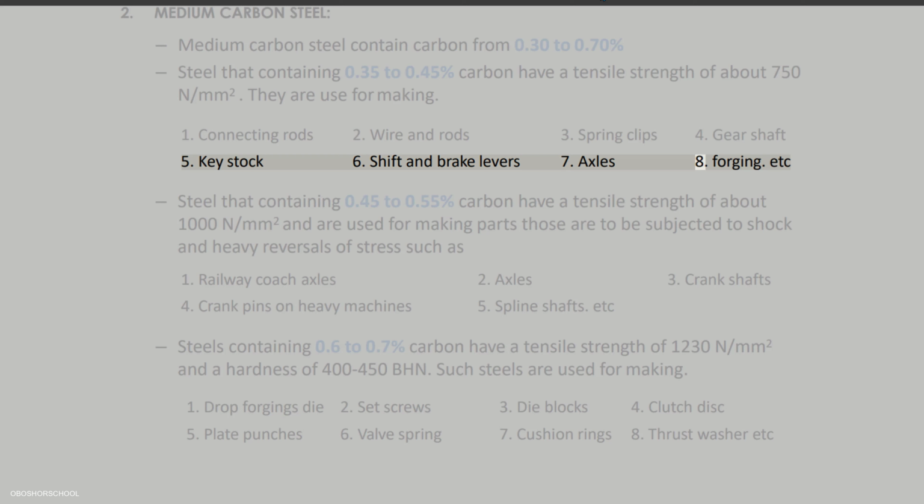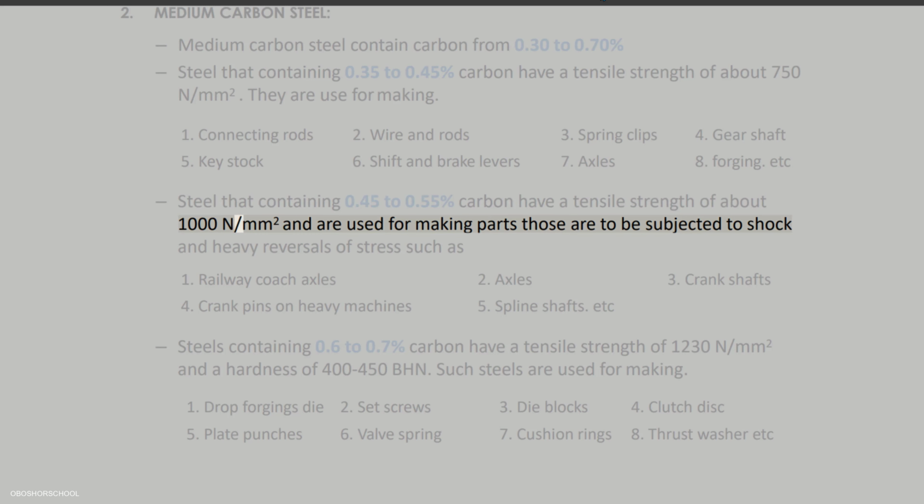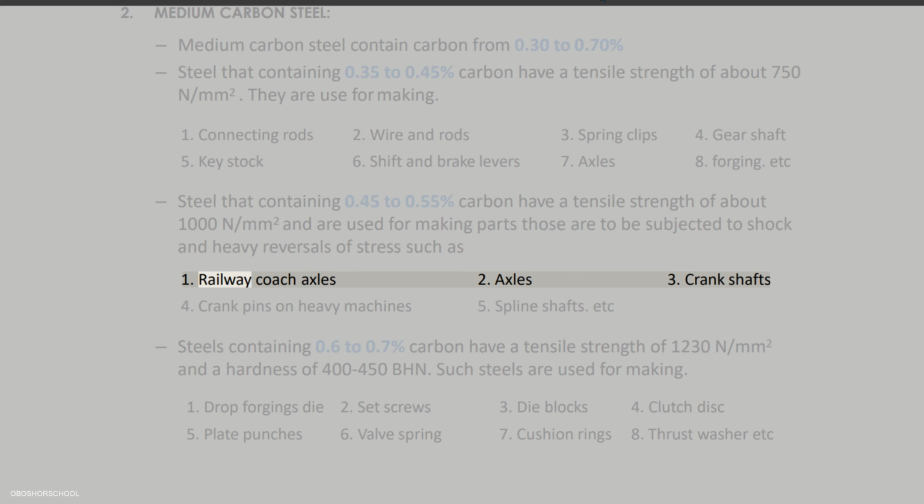7. Axles, 8. Forging, etc. Steel containing 0.45 to 0.55% carbon has a tensile strength of about 1000 N/mm2 and is used for making parts that are to be subjected to shock and heavy reversals of stress such as: 1. Railway coach axles, 2. Axles, 3. Crankshafts, 4. Crank pins on heavy machines,